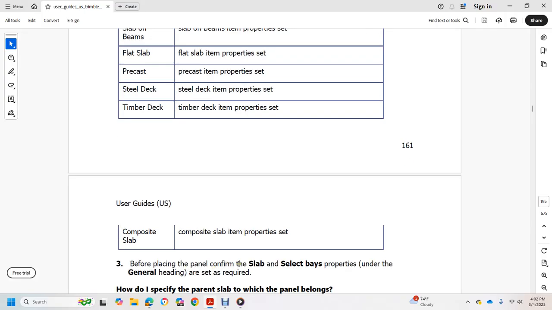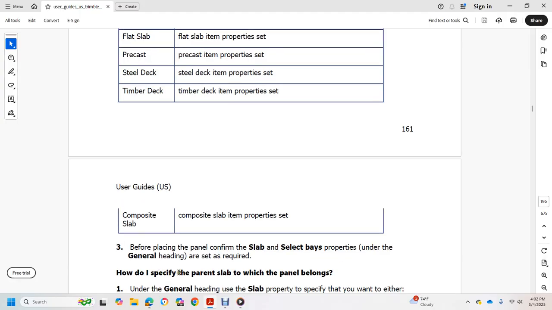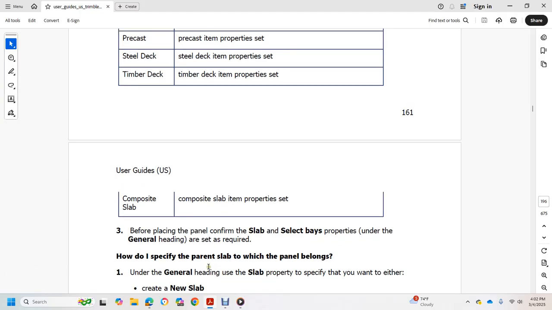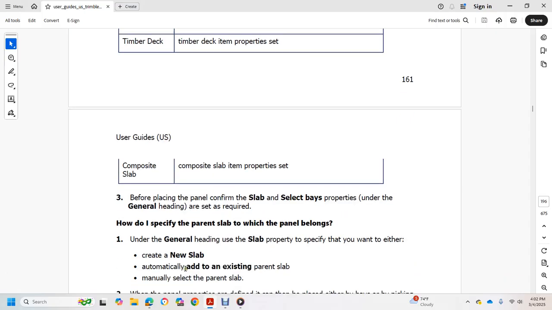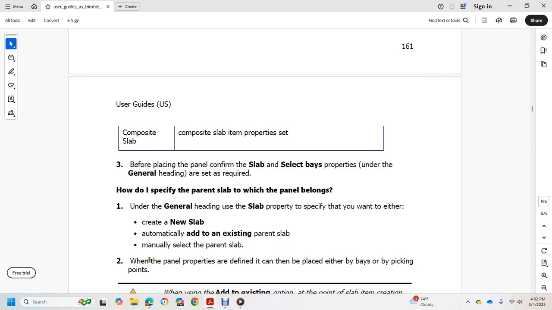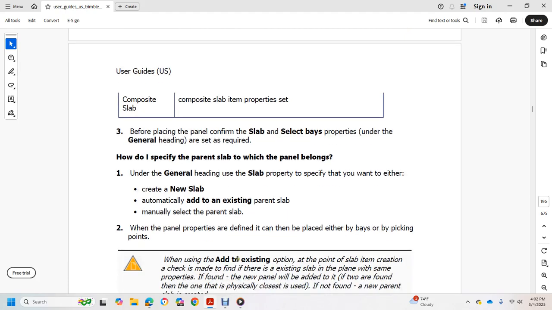Before placing the panel, select the base property under the general heading if required. How do I specify the parent slab to which the panel belongs? Under the general heading, use the slab property to specify that you want to either create a new slab, automatically add to an existing parent slab, or manually select the parent slab. When the panel properties are defined, it may be placed either by base or by picking points. When using the add to existing option,